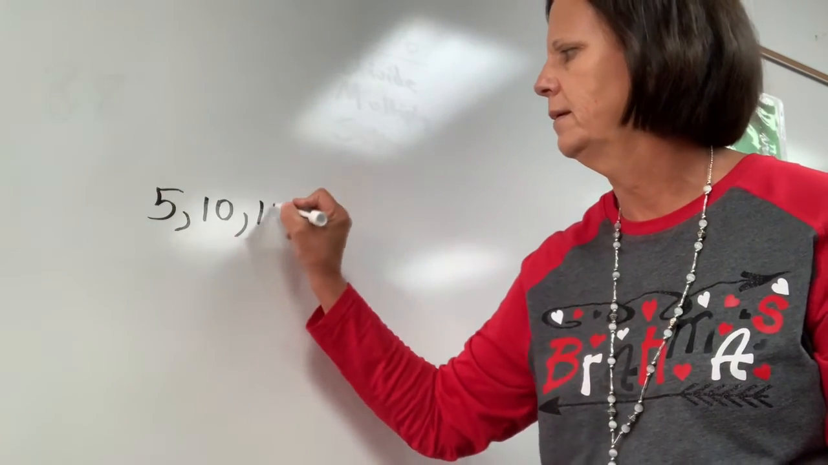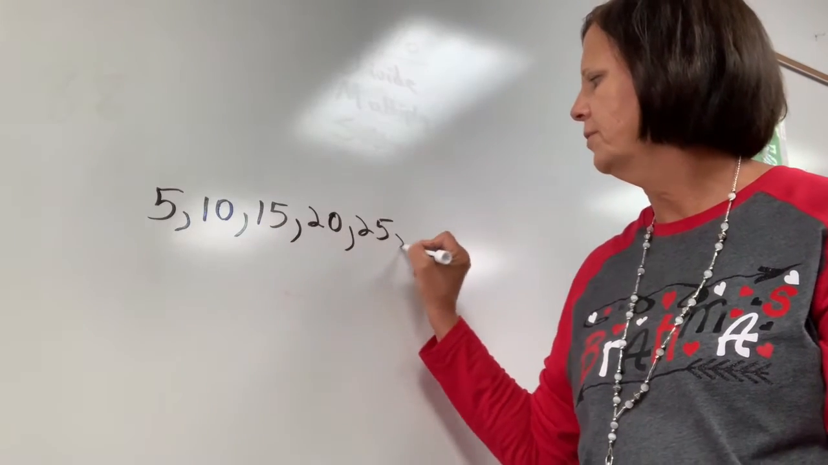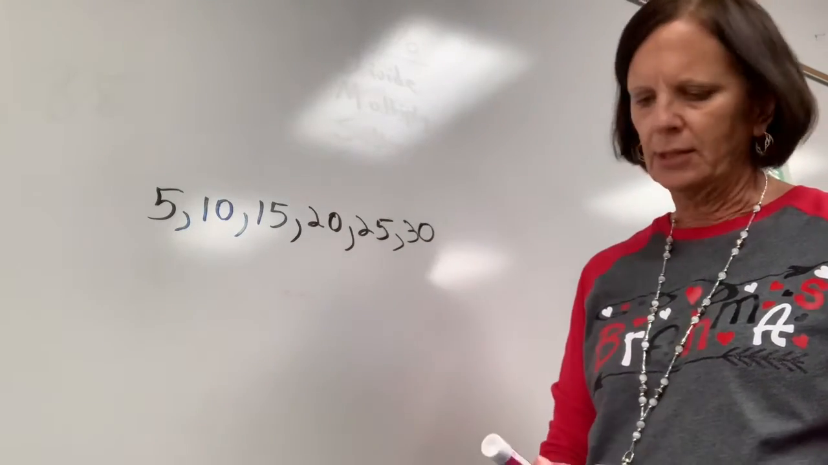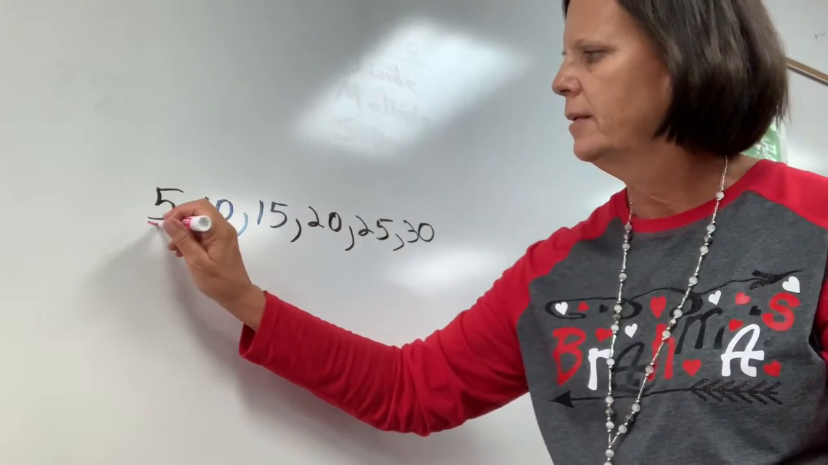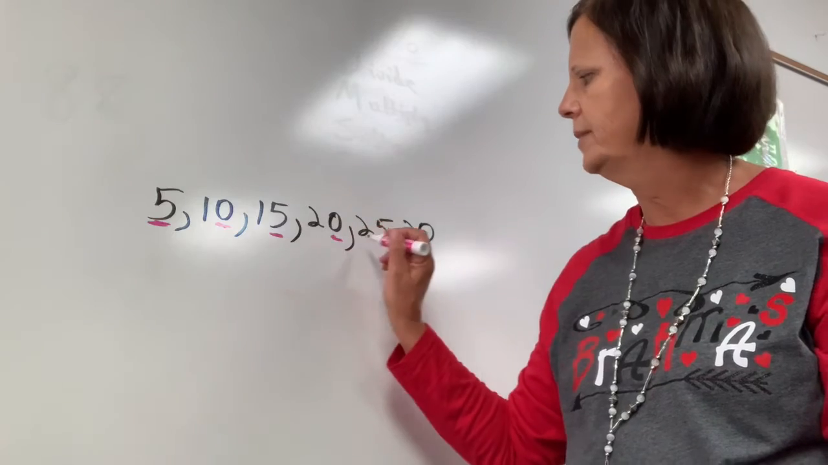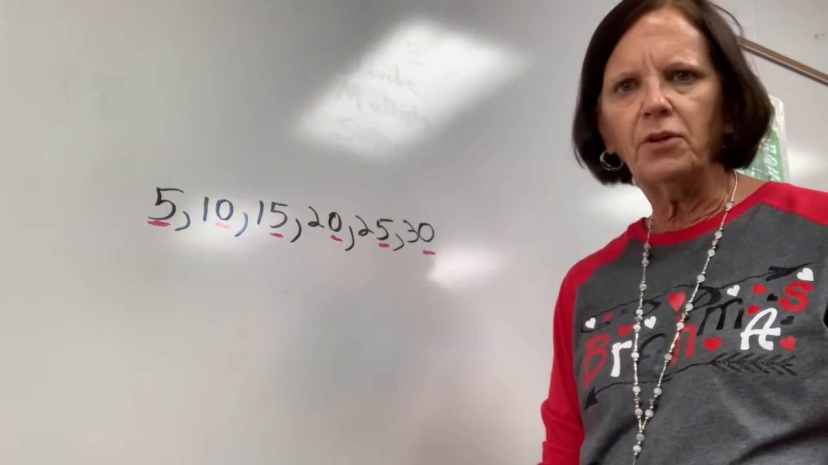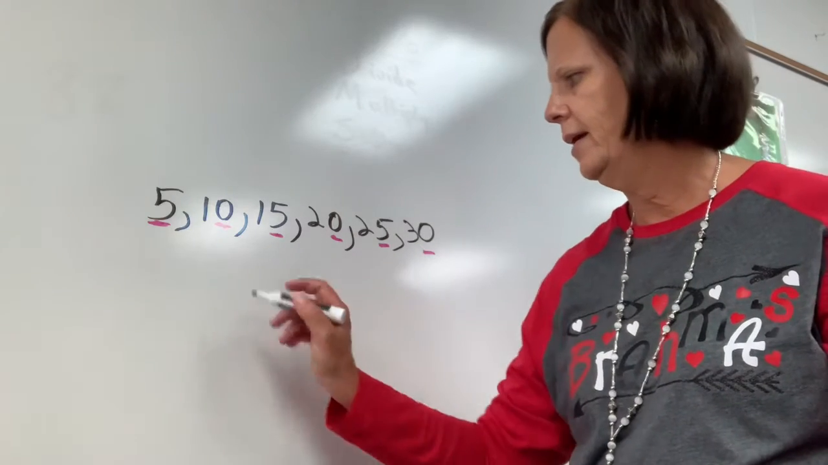5, 10, 15, 20, 25, 30. And guys, look in the one spot. I'm either going to have a 5 or a 0, a 5 or a 0, a 5 or a 0. So if I gave you a number, like let's say